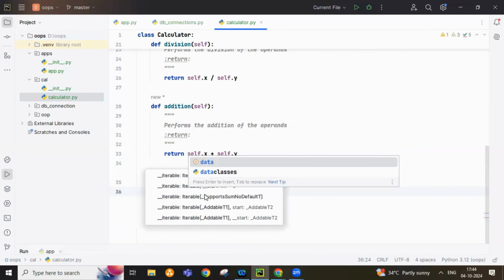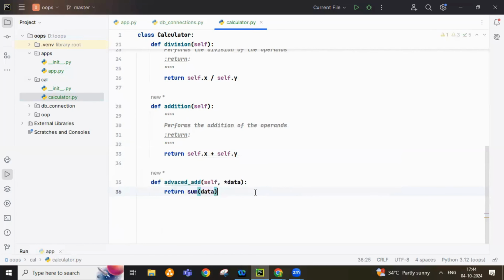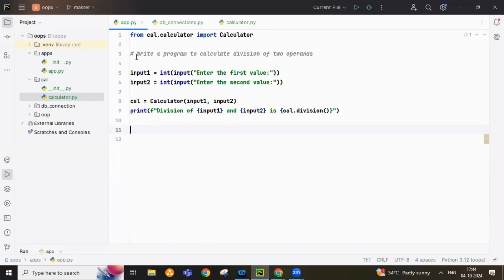Guys, I think we have learned how we can directly do the addition for multiple given inputs. Now, the same thing in the application: how can we use it? Same thing. See, perform addition for a number of inputs,